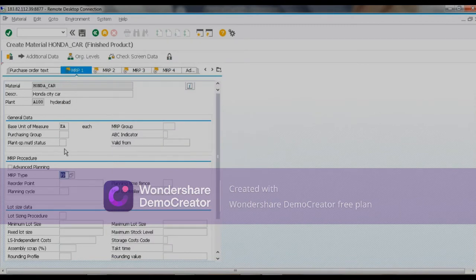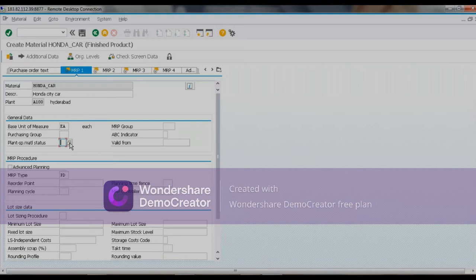And here, one more field is there, MRP group. You can group certain settings related to this product using MRP group. In MRP group also, you can do some settings which are related to MRP. And here, another field is there, plant specific material status.